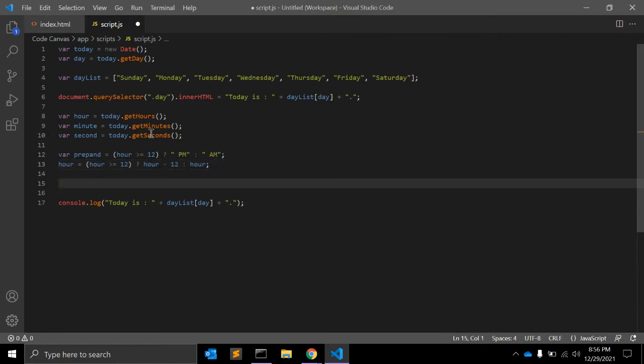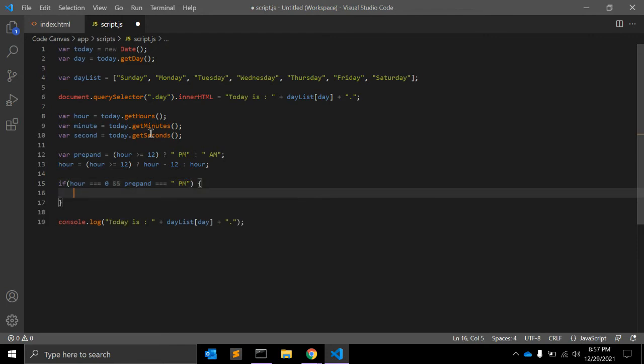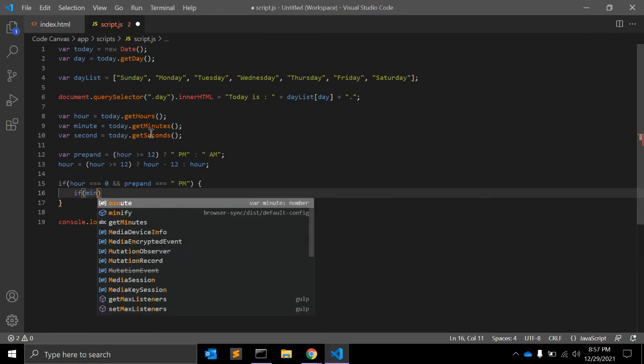Now we need to add some if conditions to check if it is daytime, or noon time, or midnight. Before that, we need to check if the prepend value is equal to AM or PM. Let's check for PM first, and if it is PM, then we need to add one more condition to check minute.